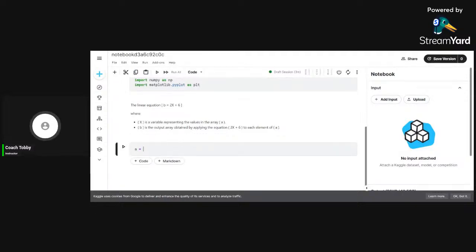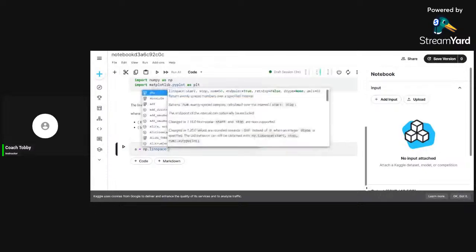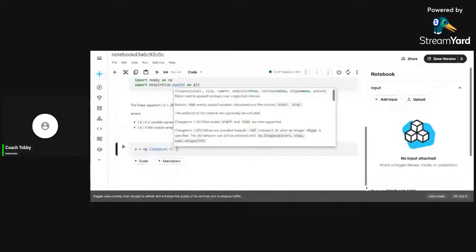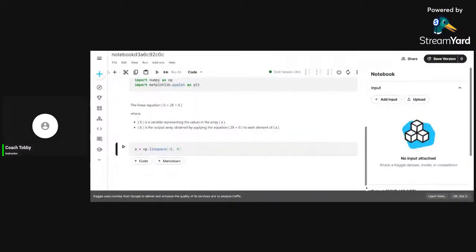a is equals to np dot linspace. I will explain everything. Linspace, -2, 4, 7. Okay, and next is going to be b is equals to